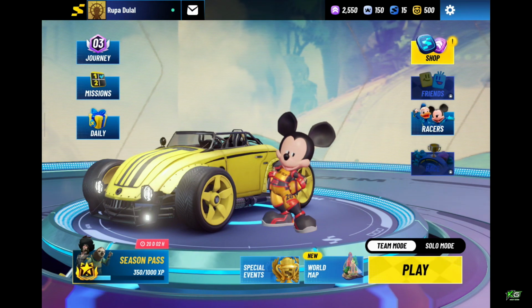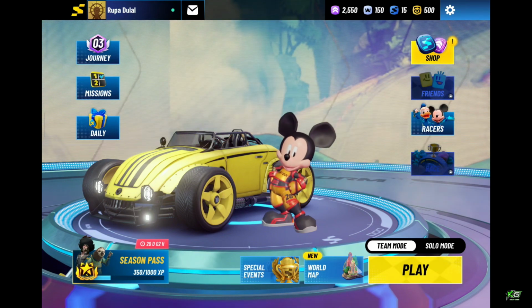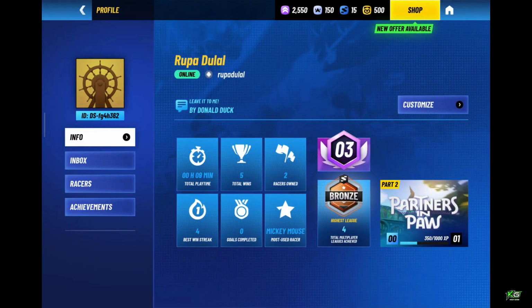from the lobby screen, go to the top left corner and tap on your avatar. This will open up your profile section where you'll see your avatar, and right underneath the avatar you'll see your ID. The ID can be written on a piece of paper, or you can also take a screenshot of this page. Write it exactly as it appears, and you can use it for friend requests, customer support, or linking